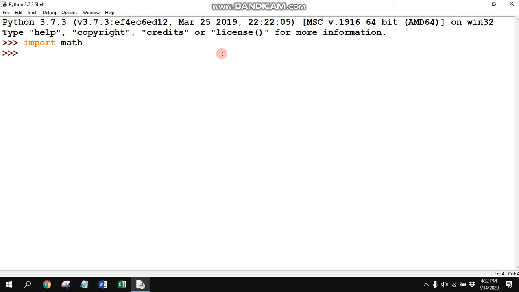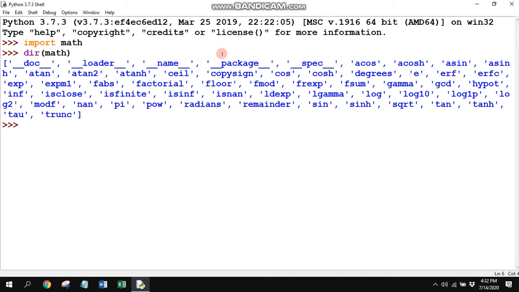If we want to check how many functions are there in the math module, we will see the directory of the math module. So these are the functions inside the math module.